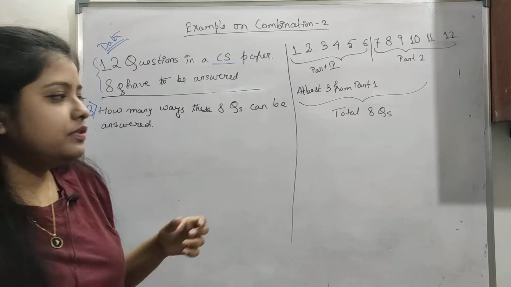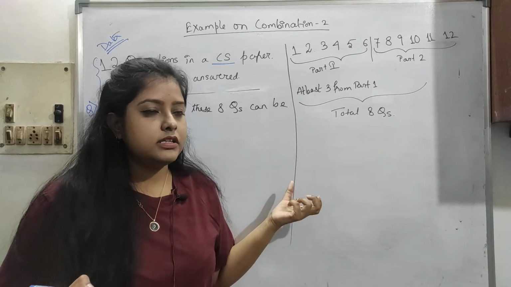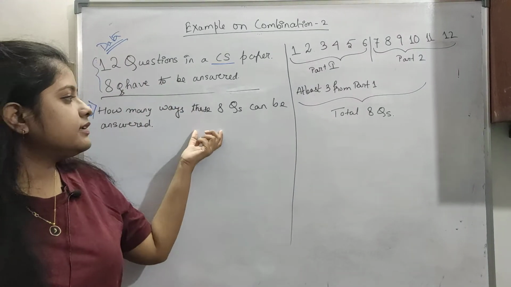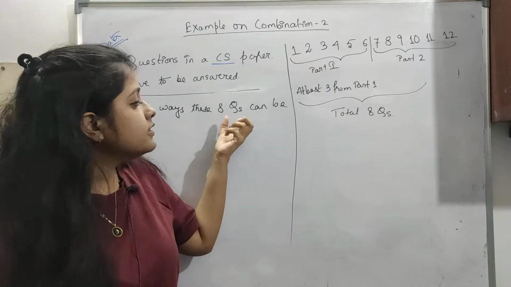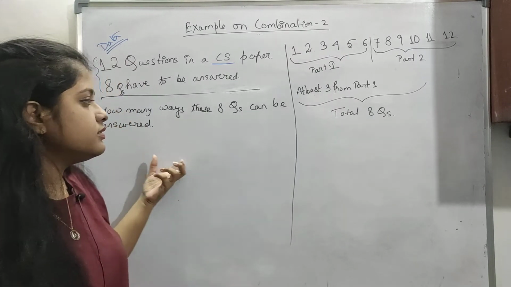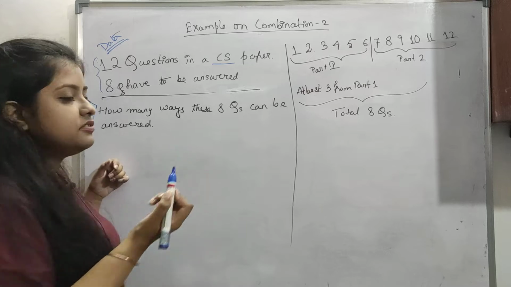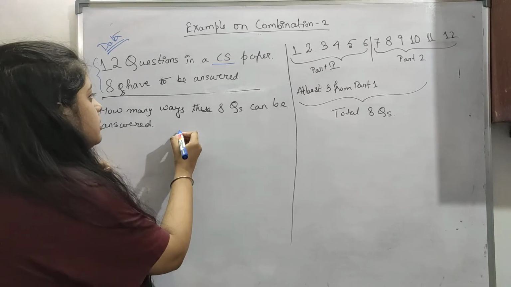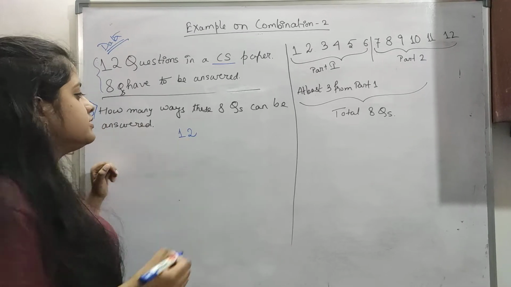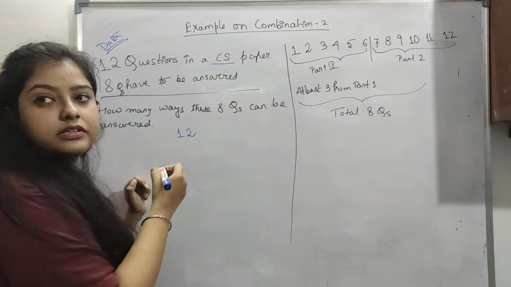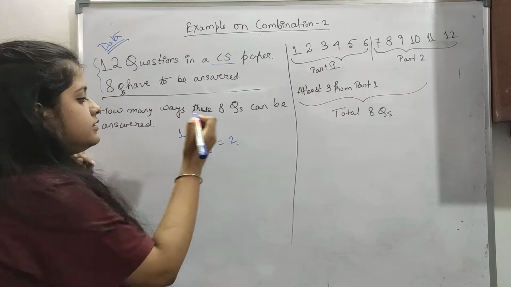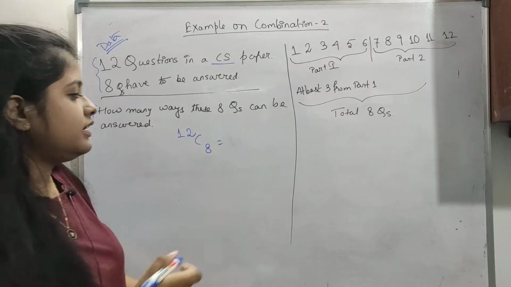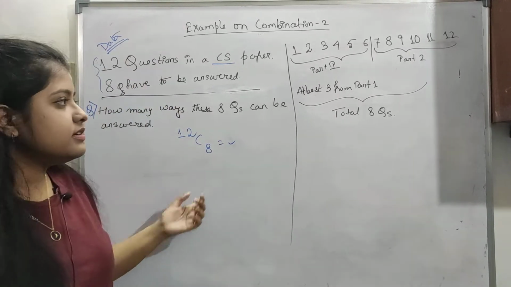Now we know that choosing is combination. So this is basically selecting 8 questions out of 12 questions. This is not an arrangement, this is selection, basically means choosing. So this is combination, and no restrictions or constraints are there. There are a total of 12 questions, and among these we have to choose 8, so 12C8. Whatever the answer is, that is your answer. So this is a really easy one.